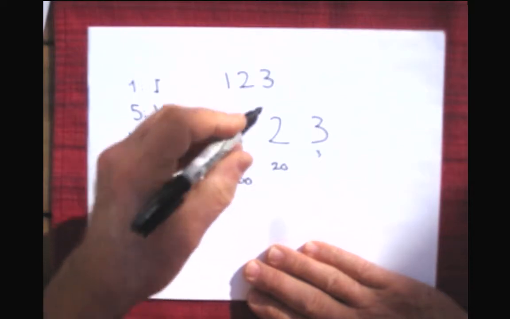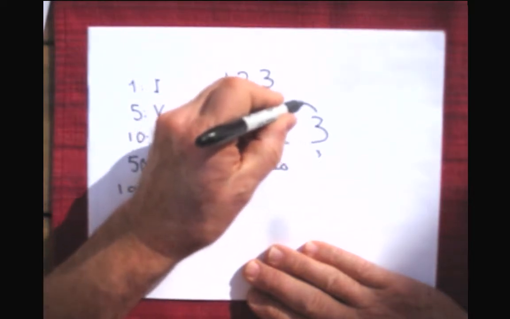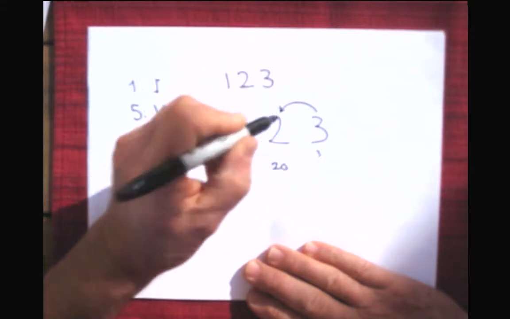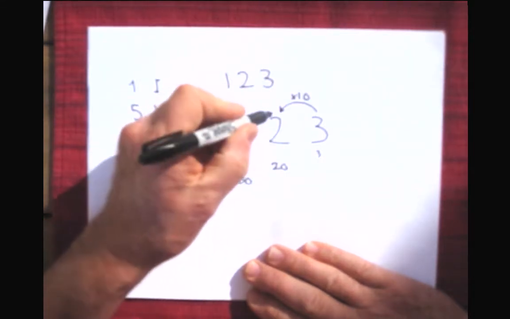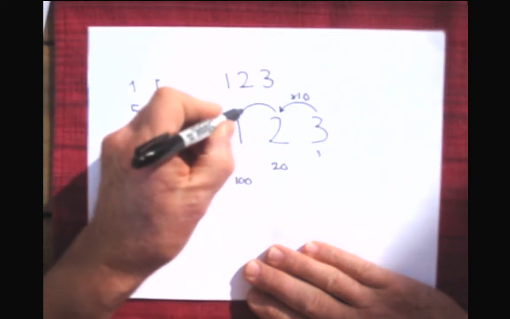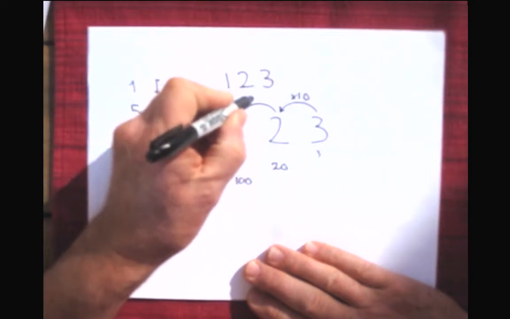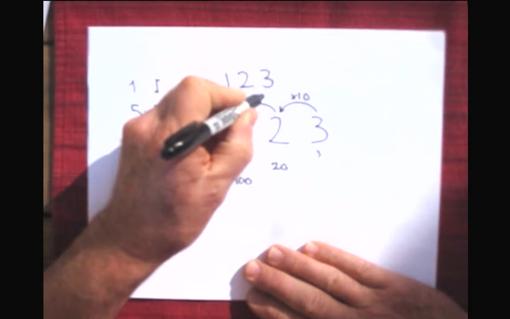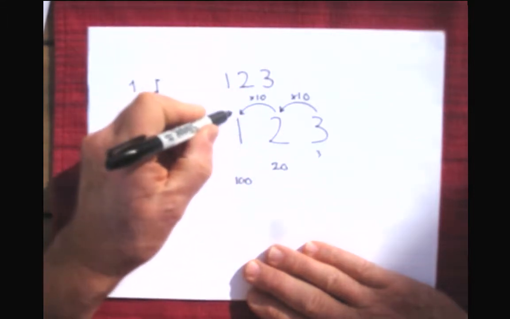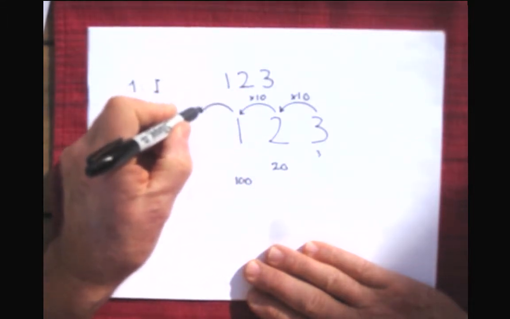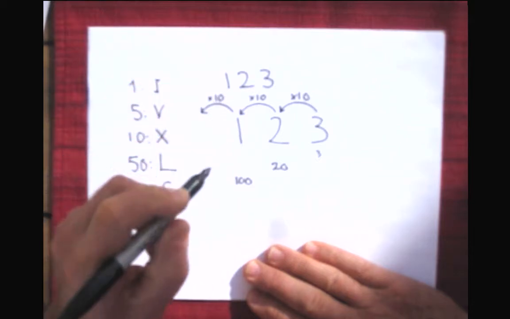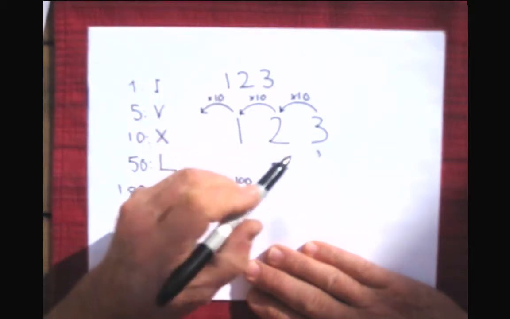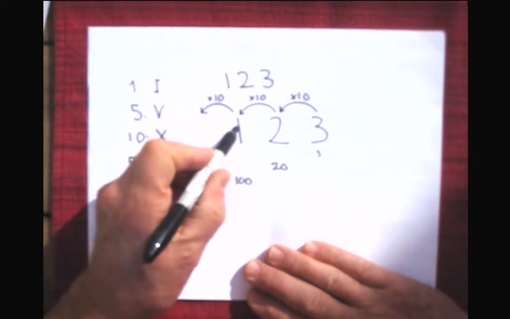And the reason is that every time you go over one place, you multiply by 10, times 10. Then when you go over one more place, multiply again by times 10. So 10 times 10 is 100. And then if you go over one more place, that would be times 10 is the thousands. So this number doesn't read 1 plus 2 plus 3 is 6. It reads